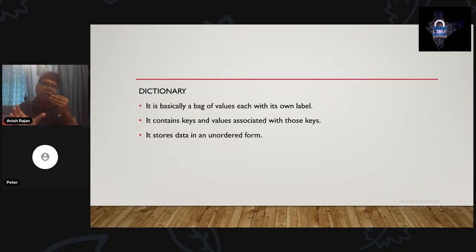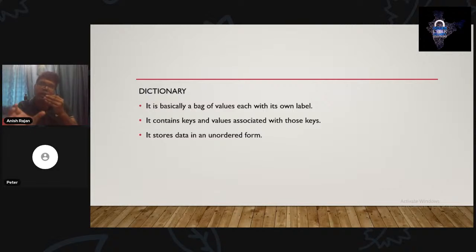So for example, let me give a very crude example here before I illustrate all the other points in this section. For example, I have a purse. Okay, so in that purse I have some money. Say for example, I have 500 rupee notes. I have four 500 rupee notes. Then I have a collection of money, isn't it, in my purse? Four 500 rupee notes, 200 rupee notes, six 10 rupee notes.